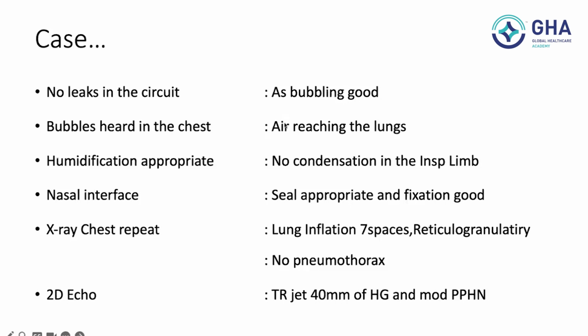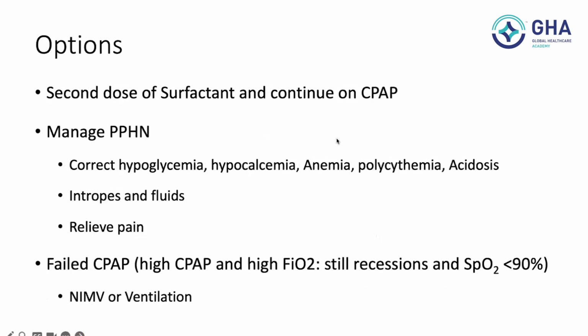Yes, wonderful. Somebody has promptly answered. We can give a second dose of surfactant for this baby, maybe by INSURE or LISA, and then try to avoid the failure in this baby. This baby is a candidate for a second dose of surfactant, but this baby also had a moderate to severe PPHN. So a second dose of surfactant was given as suggested by one of the delegates here, and the baby was continued